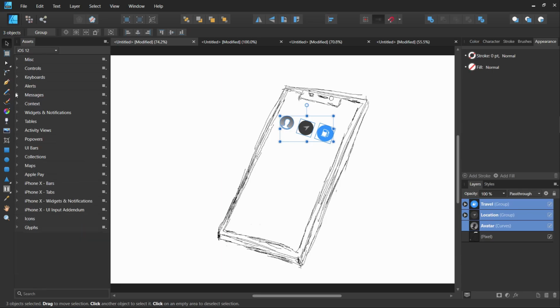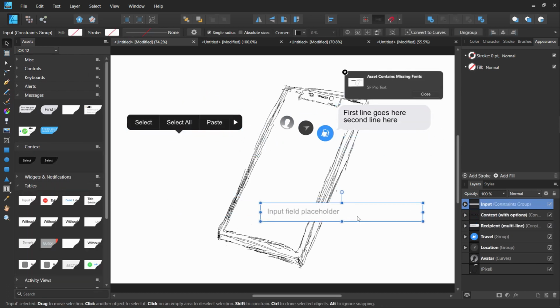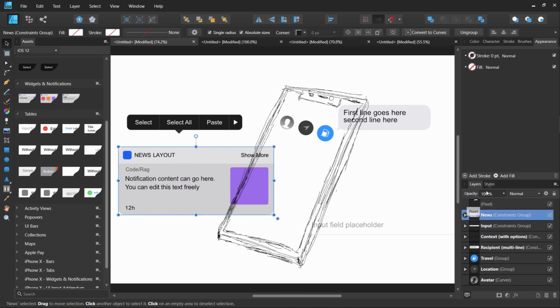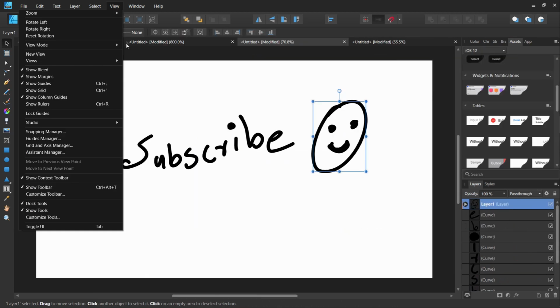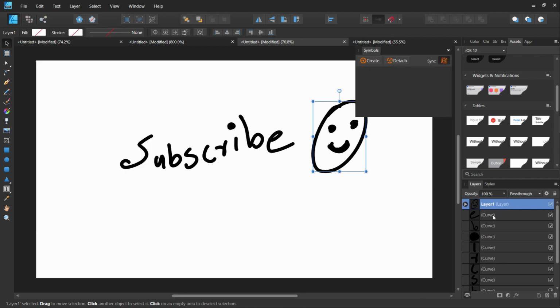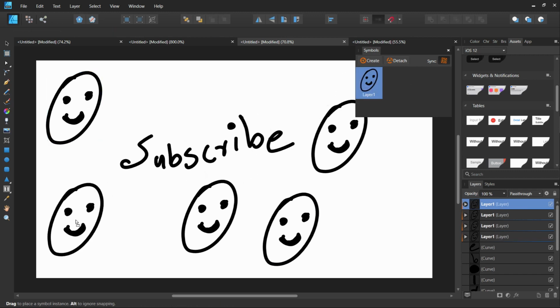Now for some of the additional features of Affinity Designer, which include the asset section, which contains a lot of assets which can be used in your project without any trouble, just by clicking and dropping. The second thing is the symbol option, which allows you to make a section of your layers into symbols, and you can just import that symbol into your project without needing to redraw it again and again.